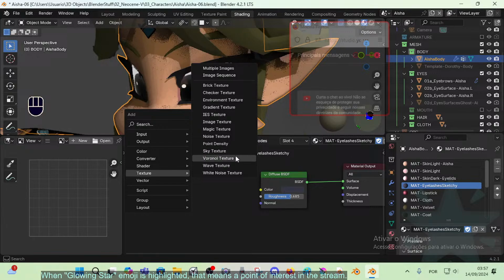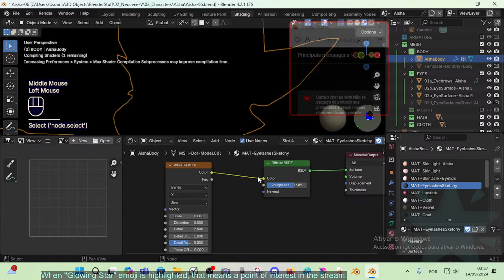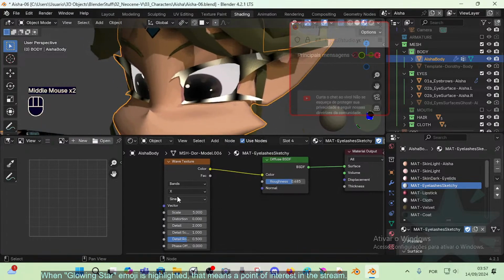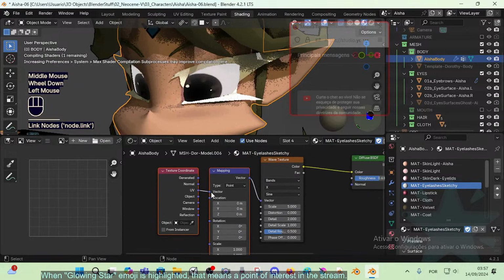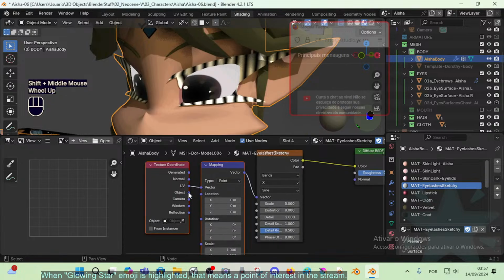It probably won't work, but wave texture, yeah, wave texture might be nice. Let's try immediately. Control T, map from UV. Okay, this already gives some kind of